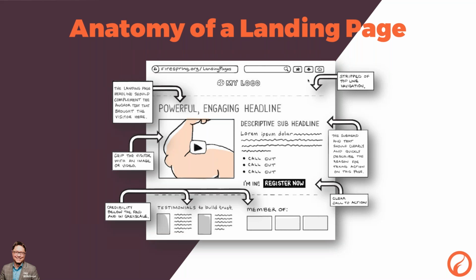The anchor text is the text that's a different color, or might have an underline under it, so we know it's an active link. We click on it, and when they land on this page, the headline is going to correspond with whatever it said on the link that sent them there. It's going to have a powerful image or video to capture their attention. We're going to strip out both the top line and bottom navigation, so that the only option I have is either to click on the call to action, which we're coming to in a moment, or